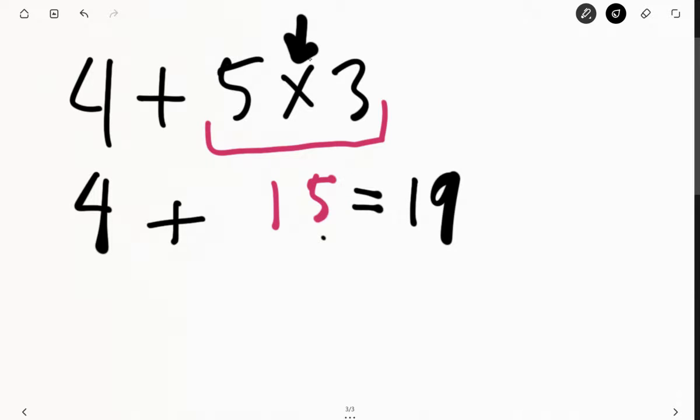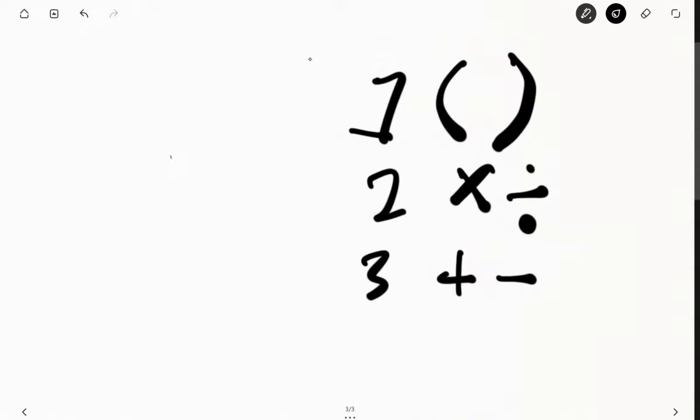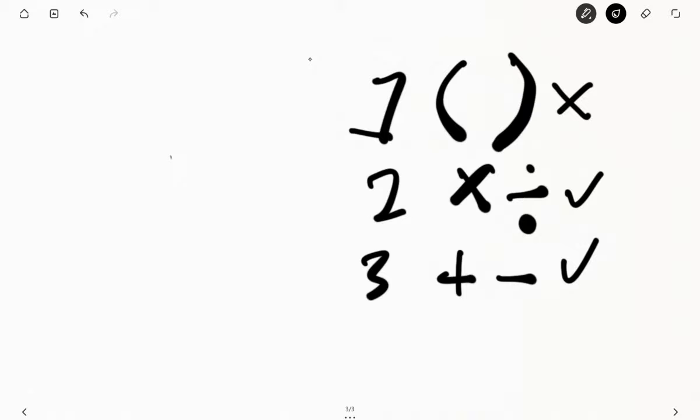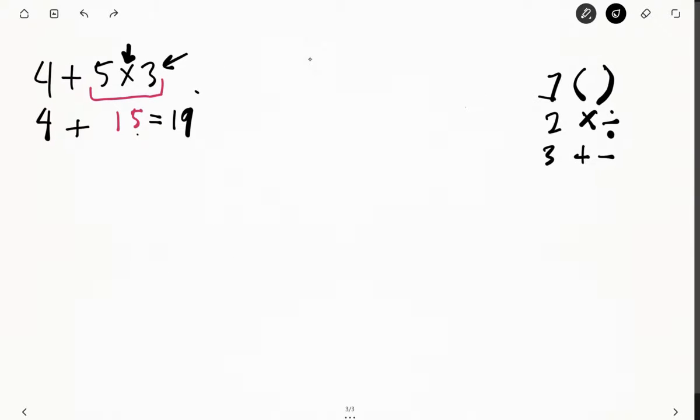So all we did is we looked at our problem. We decided according to our hierarchy of difficulty here: no parentheses. We had multiplication and we had addition and subtraction. Multiplication and division are trickier than addition and subtraction, so we do those first. Let's do another example problem right next to this one. Let's do something with division in it this time. 15 divided by 3